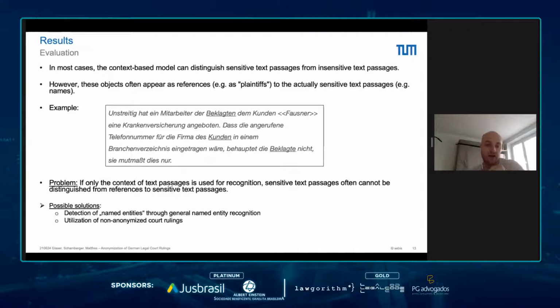And for that, we are currently developing a prototype which would run at the court, where the court can internally enter the original verdict and an anonymized version. Then we can do a diff and create a kind of pseudonymized verdict out of that. We could then use that internally for training, because then there's no confidential information anymore.